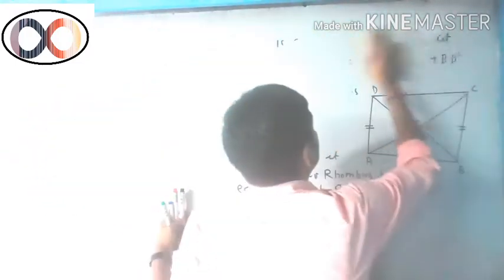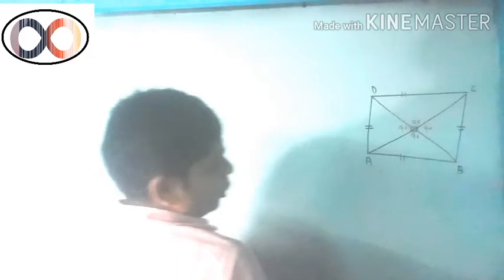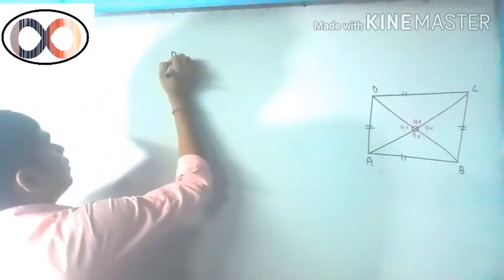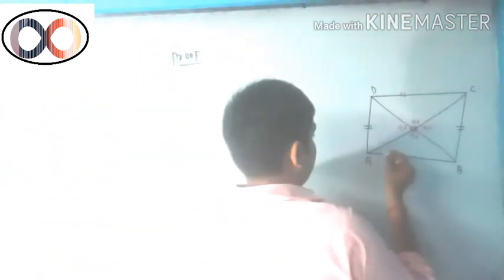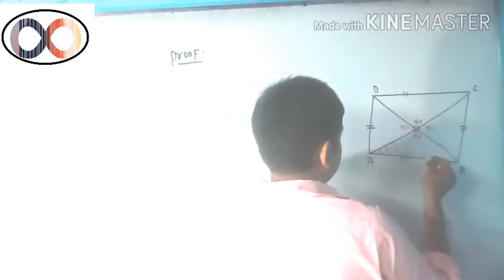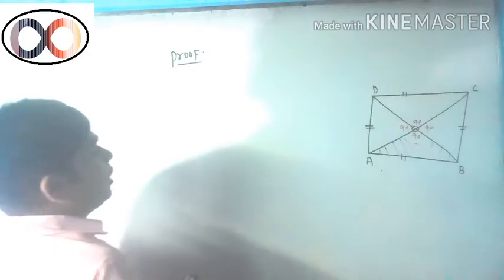First of all, we will have to take a right angle triangle. You can see there are 4 right angle triangles in a rhombus. Now we are going to prove the question. So here is the proof part. This is the right angle triangle, this is the right angle triangle. So we can write here in triangle AOB.